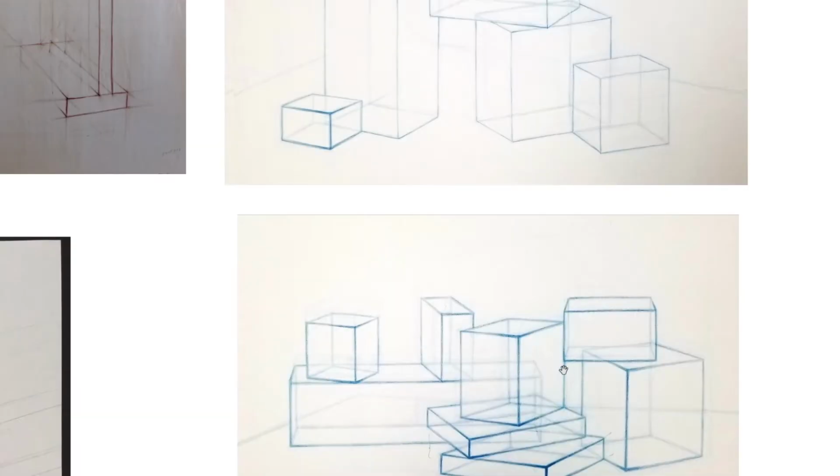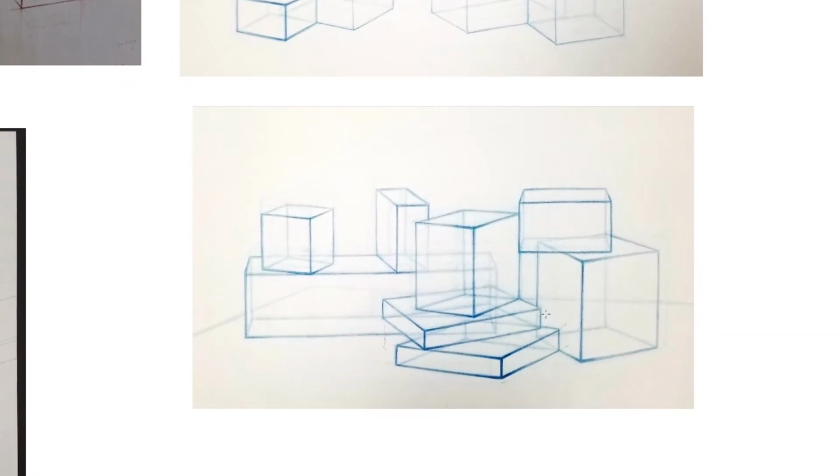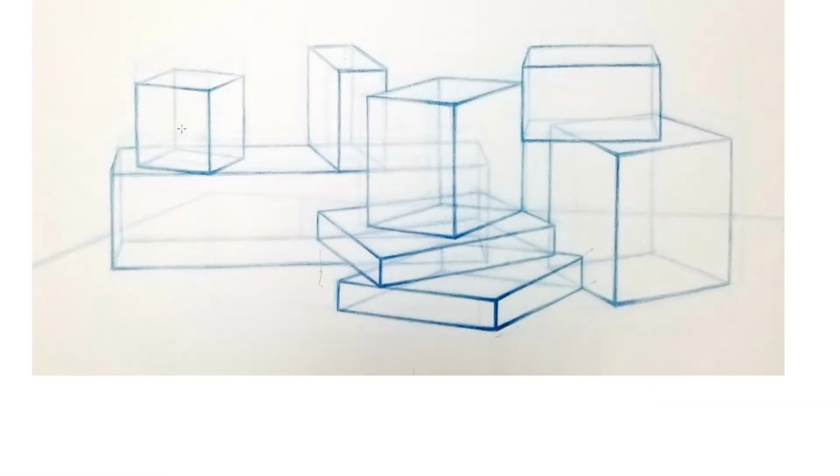Okay, now you've seen me cheat and use a computer, but I just wanted to give you some concept. We're going to talk really briefly about some hand drawing skills and what I'm going to be looking for in your next homework. Now, for your homework, you're going to be drawing transparent boxes, meaning you can see through the boxes as if they were made of glass, and you can see the back corners and back planes,